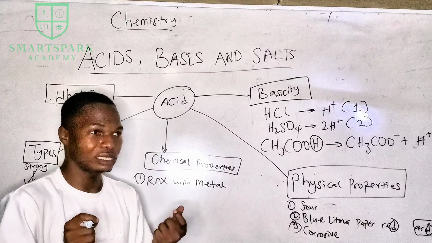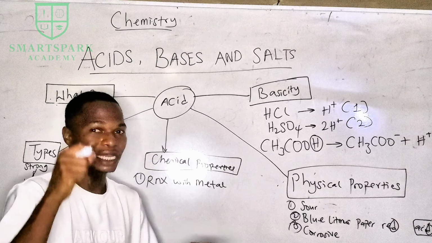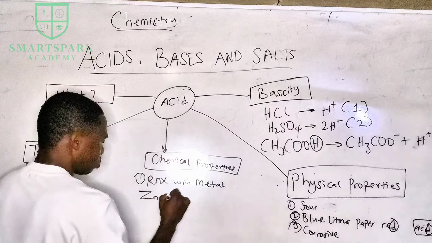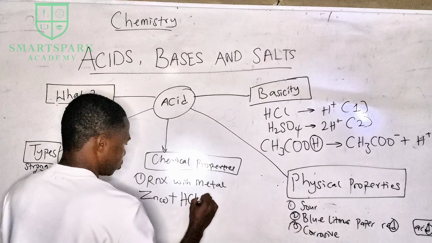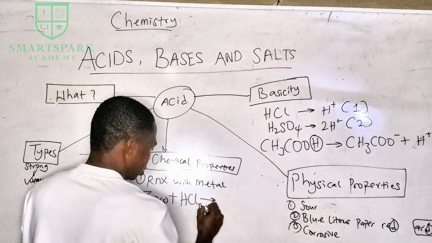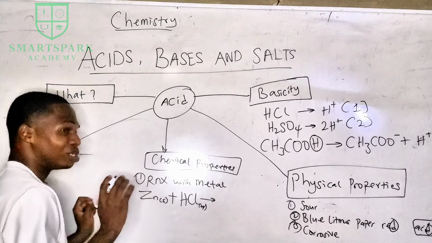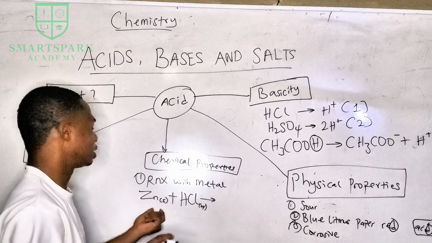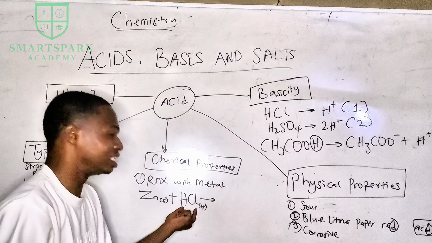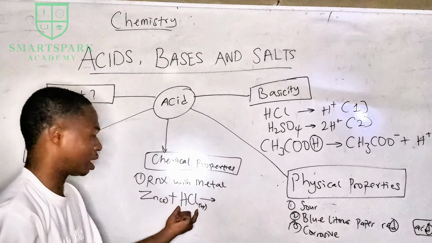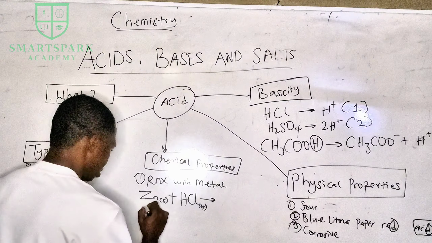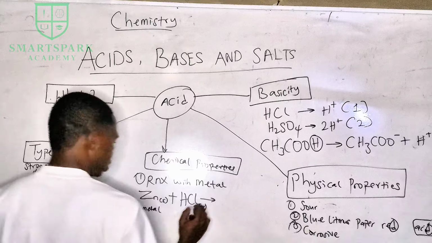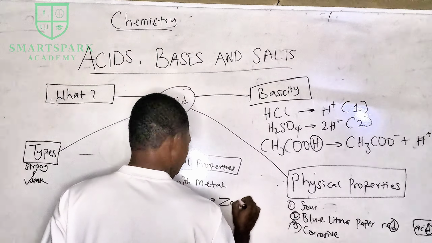Reacts with metal. When an acid reacts with the metal, the metal will displace the hydrogen. Example, we have zinc solid plus HCl, which is aqueous. I've told you the basic thing you should know: when a metal reacts with an acid, it displaces the hydrogen. This is a metal. This is an acid. So when it reacts, it gives you zinc chloride